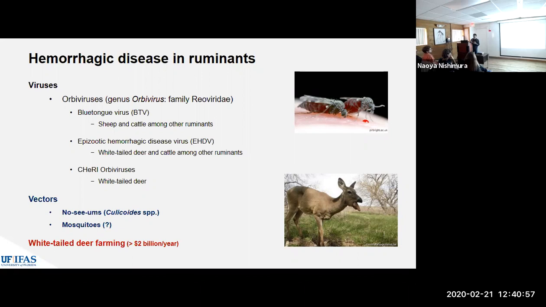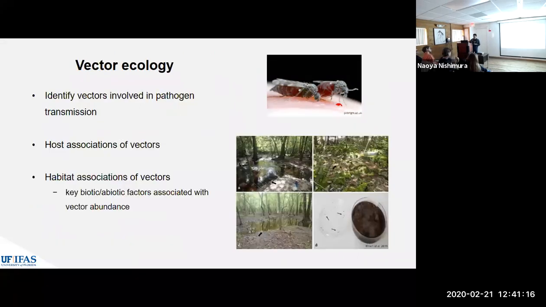White-tailed deer farming is an important industry in the United States with a significant economic impact, right? These viruses affect not just white-tailed deer, but cattle and livestock in general. But white-tailed deer are the most affected ruminant species, demonstrating the need for research into this topic. So I'm interested in answering a variety of questions. Some of the questions I have been working on as part of my postdoctoral work are